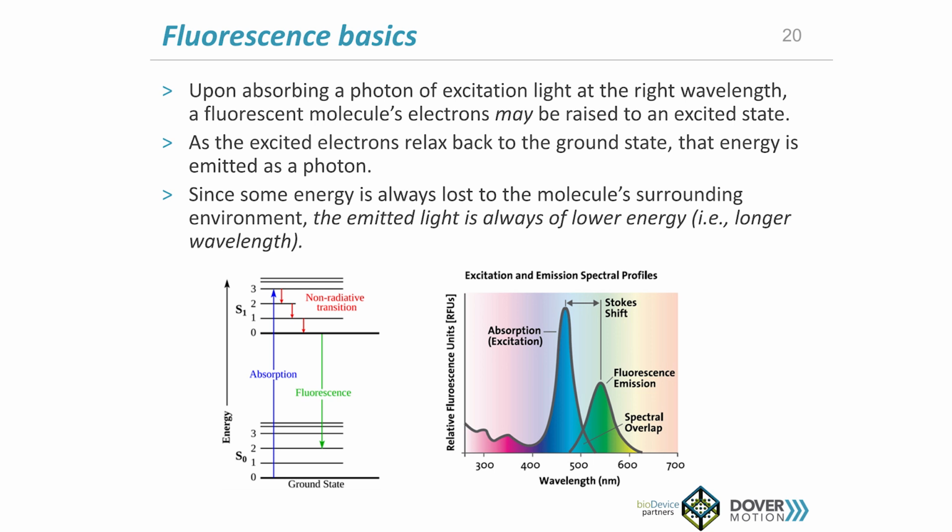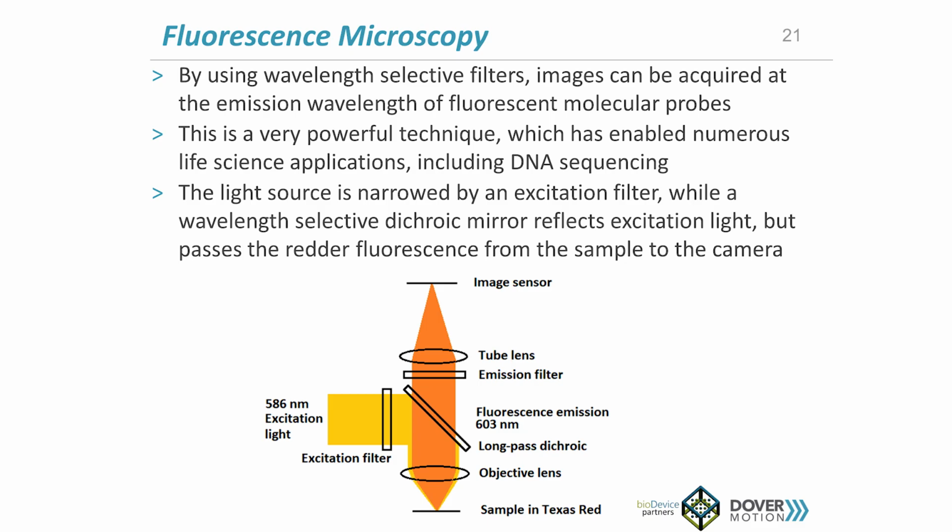For biological samples, this spread, this difference, which is referred to as the Stokes shift, is often a lot smaller, on the order of perhaps 30 to 80 nanometers. In fluorescence microscopy, we're not going to be looking at Kevin's minerals. Typically, the target of interest would be attached to a molecular probe called a fluorophore. This technique has enabled multiple applications. For example, the most common or a primary one these days is DNA sequencing, but also many diagnostics run off